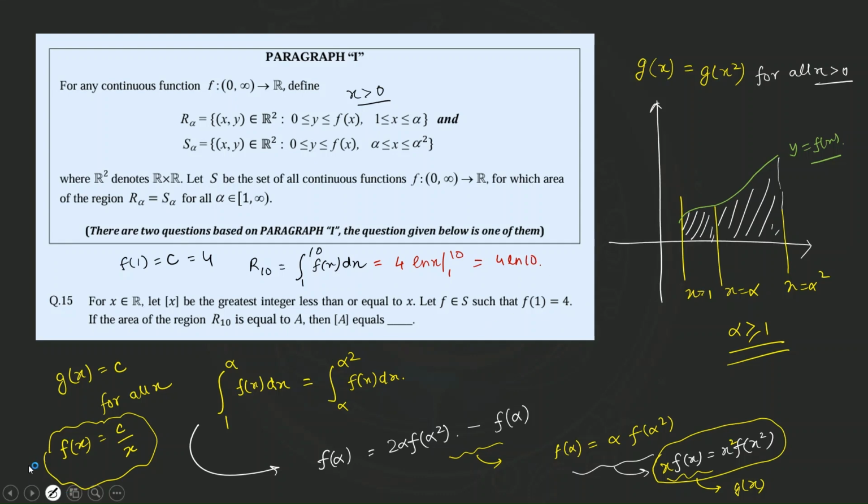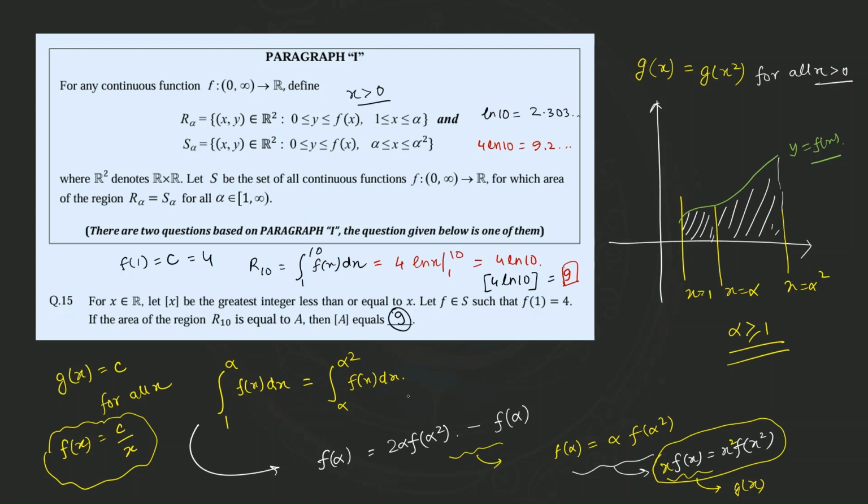So we have to find the greatest integer of this. That means the greatest integer of 4 log 10. If we calculate log 10, we all know this is a very standard value we have to remember, especially in chemistry, right? This is equal to 2.303 and so on. So the value of 4 log 10, if we calculate, will be 9.2 something. So the greatest integer of 4 log 10 will be 9. So our correct answer in this case will be 9.